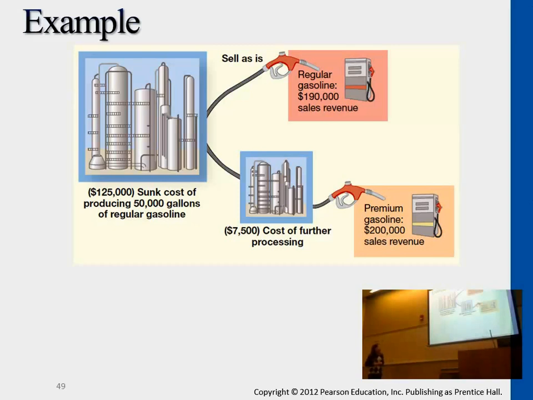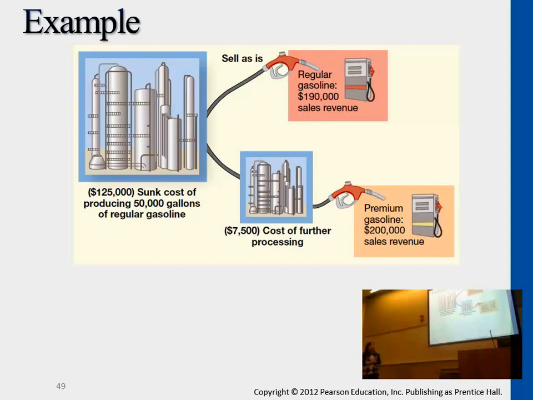Let's say this is a natural resources company in oil and gas. You already did research and development and spent $125,000. This is a sunk cost. So remember what a sunk cost is? Any money that you already spent. It's already been purchased, it's already been received. Basically, a sunk cost means any money that you already spent before. It's in the system. So that $125,000 occurred in the past, meaning you're not changing anything. In determining selling as it is or processing it further, you're not changing that cost, okay? So think of that as developing the plant, whatever money you spent there.